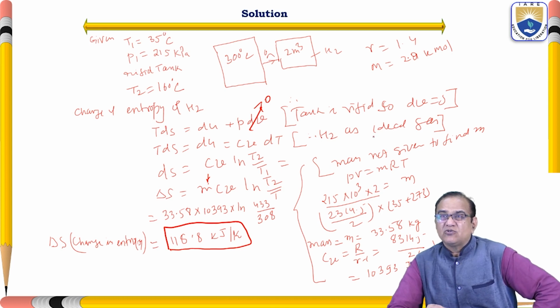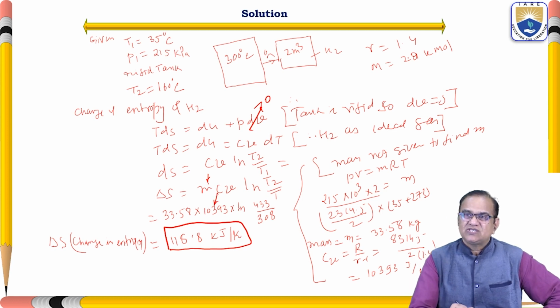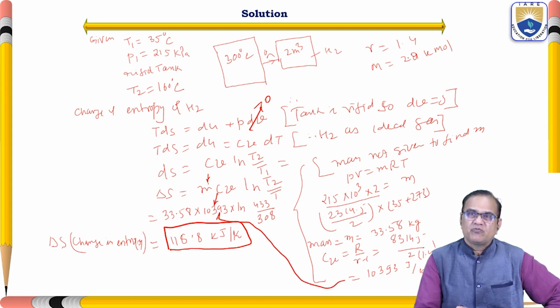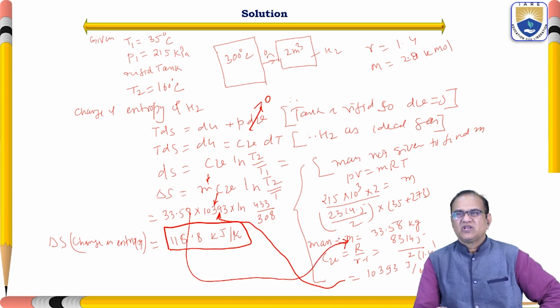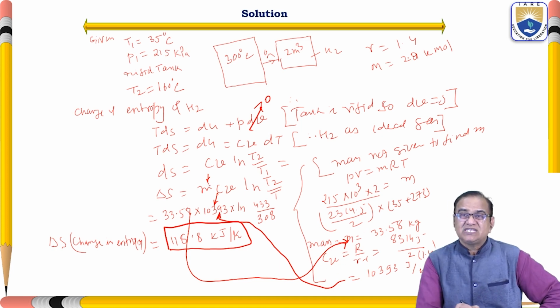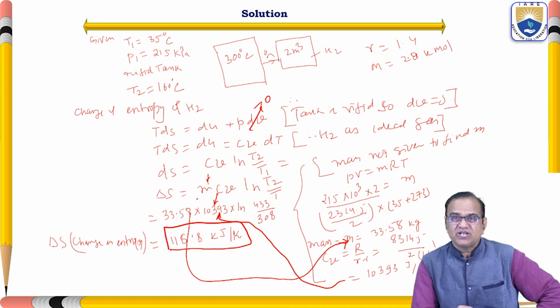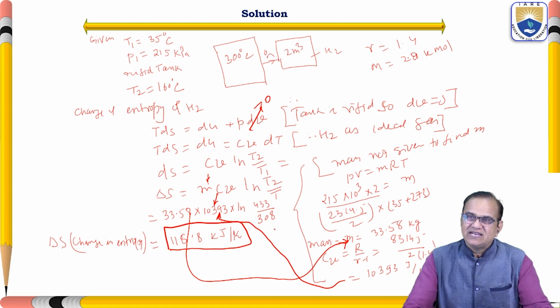It is hydrogen, so it is H2, so we are dividing everywhere by 2. So here you will get CV equal to 10393. This 10393 we have taken from here and put here. Mass also we have taken from here and put here. In this way we have to find the mass and the CV. This mass and the CV we have to put in m CV log T2 by T1, and then we will get the answer of this